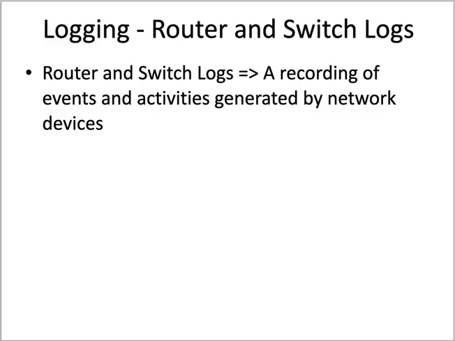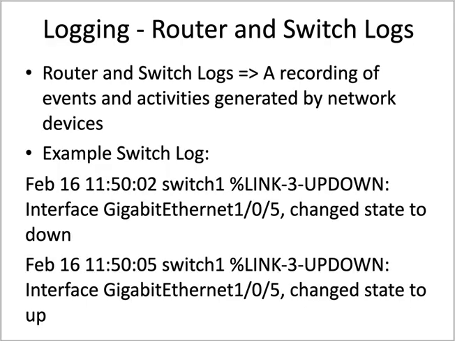Now, we can have router and switch logs, which are a recording of events and activities that network devices generate, primarily switches and routers. If we look at an example switch log, it might look like this. These would be things that would be logged to the console. If you've had CIT 161 or 167 and configured a switch, you would have seen things like this,